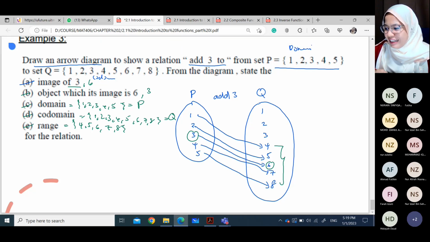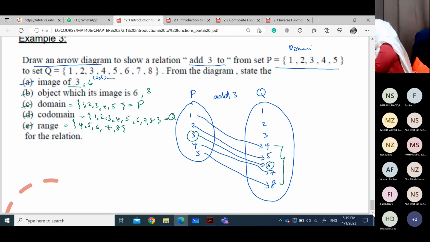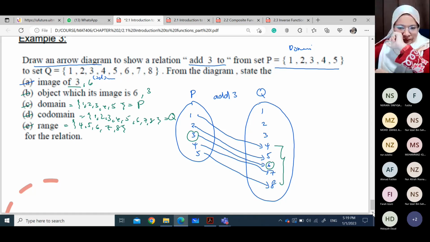Boleh? Faham? Ada soalan? Ya, faham. Okay, very good. So, ini adalah berkaitan dengan relation. Okay. So, relation kita ada empat jenis. Satu one to one, one to many, many to one, and many to many. So, untuk function ada dua saja relation yang berkaitan, iaitu one to one and many to one. Itu adalah function. Okay, right? Okay, so kalau tak ada soalan, kita tengok